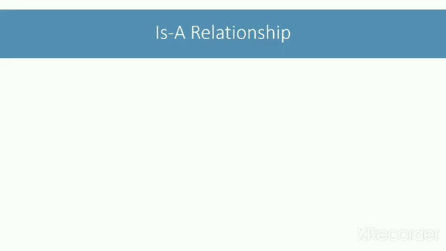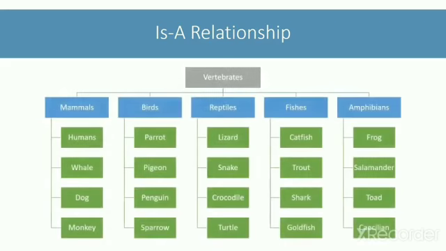Dog is an animal, cat is an animal, goat is an animal, elephant is an animal. Of course, you can make it more hierarchical like this. We have a base class vertebrates for all the animals with a backbone. From there, we can derive a mammals class to group animals that have mammary glands, give live birth to young ones, have 3 middle ear bones, etc. Mammal is a vertebrate. Then, from mammals, we can derive specific examples of mammals like humans, whales, dog, monkey, etc.